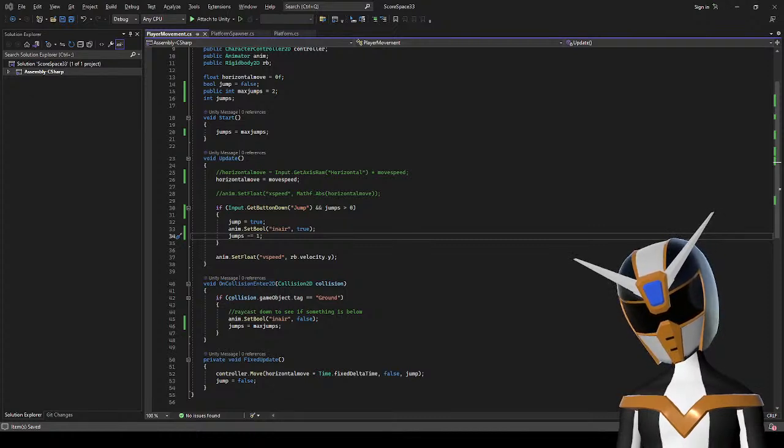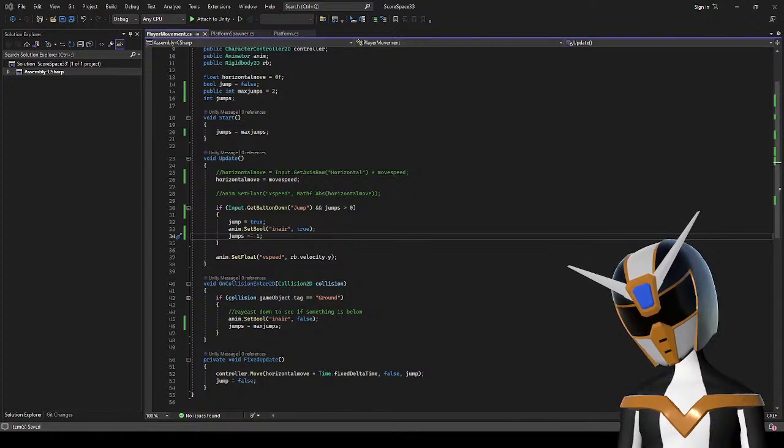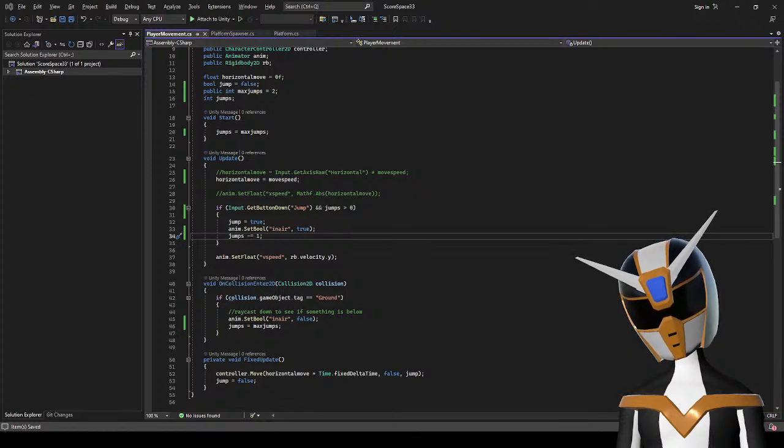Still, I should be able to jump. Are the controls set up correctly? What am I looking for here? Where are the controls? Under project settings? Where is it? Input manager, that's what I'm looking for.